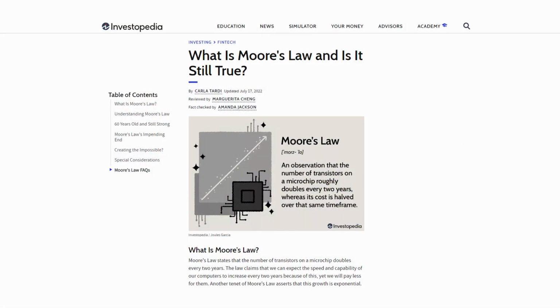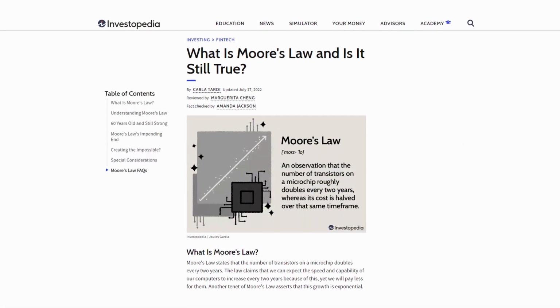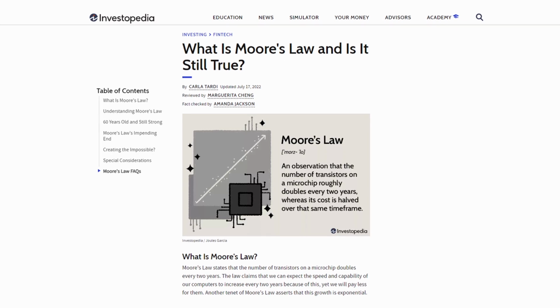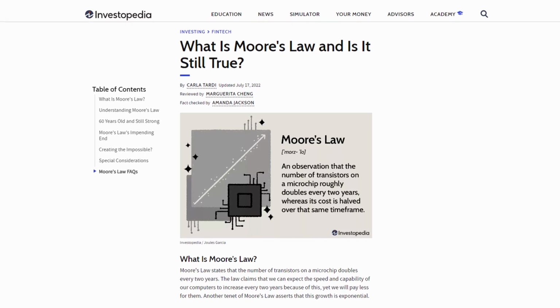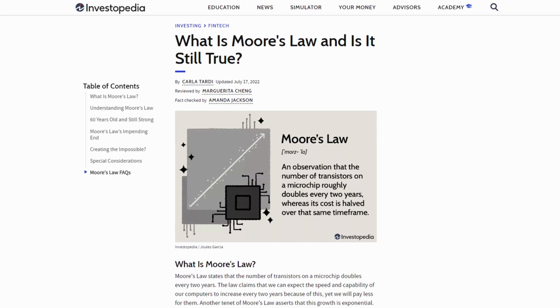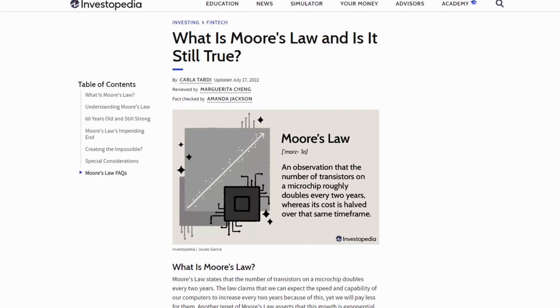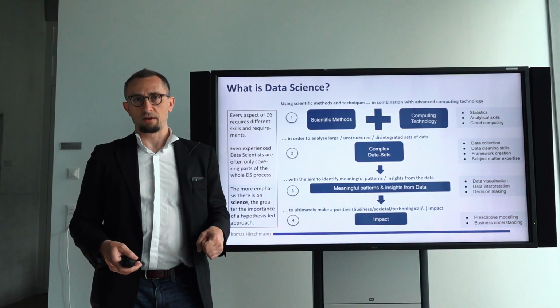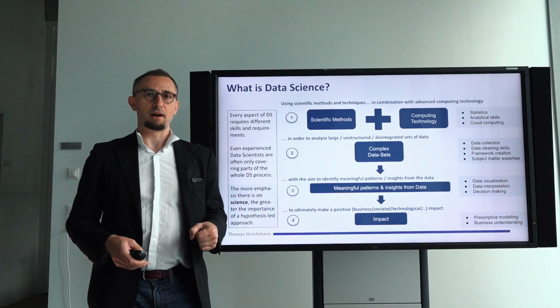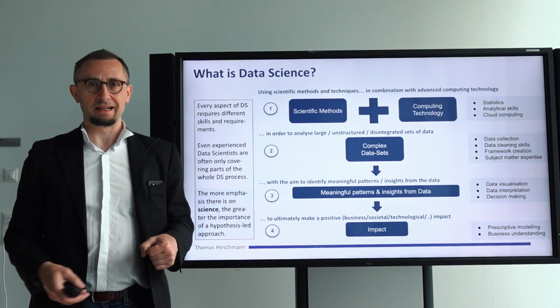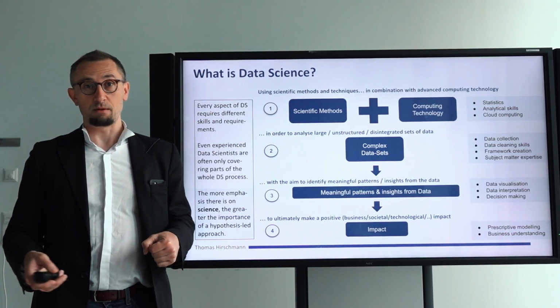So imagine, for example, Moore's law. Computing technology has become cheaper and cheaper, meaning the microprocessors that are now available are so powerful that you can swiftly go through a heap of data and analyze that in microseconds. Even if you have terabytes of data and you're using machine learning approaches, that is by now possible. Although this computing power normally lies within the cloud, but I'm going to tell you more about that in a second.